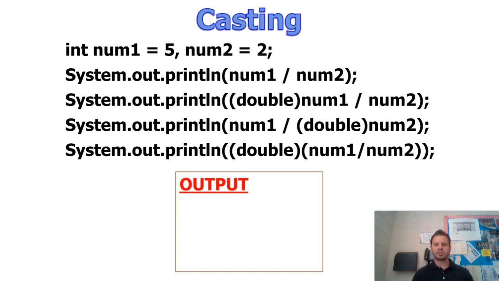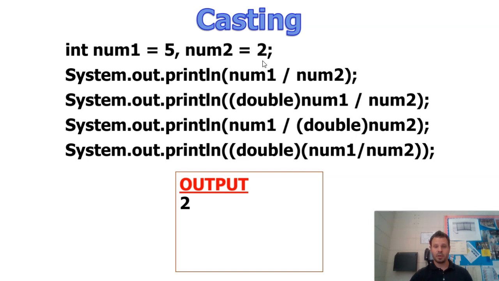Now, why would I want to do something like that? Why would I want to utilize casting? Well, a pretty typical example is doing division and taking averages in Java. So let's say I have two ints, num1 is 5 and num2 equals 2, and I want to do some division with them, like, for example, find an average. If I just straight out divide them with integer division, we know we're going to get an integer solution. So in Java, the int 5 divided by the int 2 is not 2.5, it's just a 2,